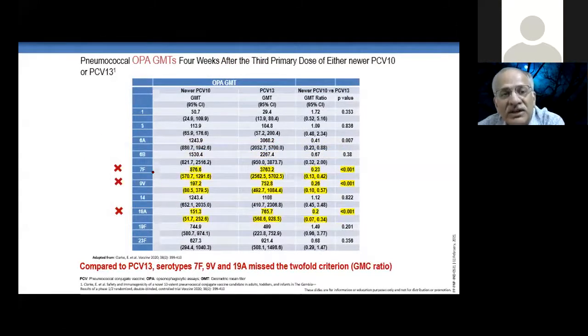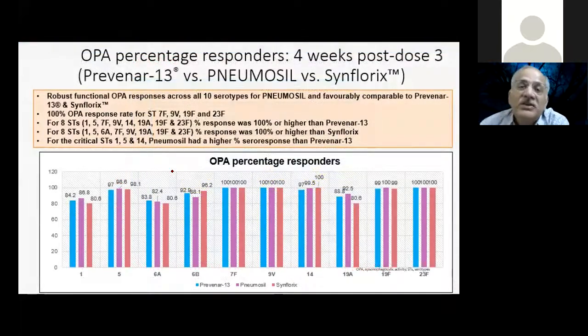Same with OPA titers also, they'll tell you 7F, 9B, 19A were less in the new PCV10, but this again is the phase 2 trial studies. When you see the phase 3 study trials, these are the OPA percentage responders. One more word you must know is OPA, which is more important. OPA means opsonophagocytic activity. OPA titers are the specific antibodies. Again, if we compare with COVID, we have total antibody levels and we have anti-spike levels. Anti-spike levels are what we need to test and know, because they are the protective antibodies. So here also OPA levels are the ones which will protect us. So whenever you compare, always compare with OPA levels.